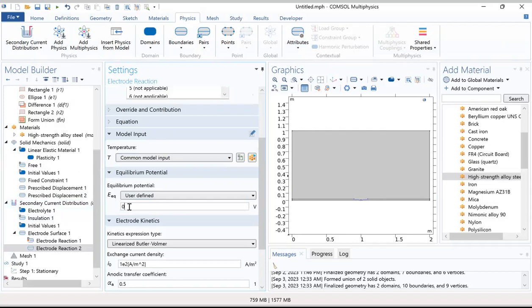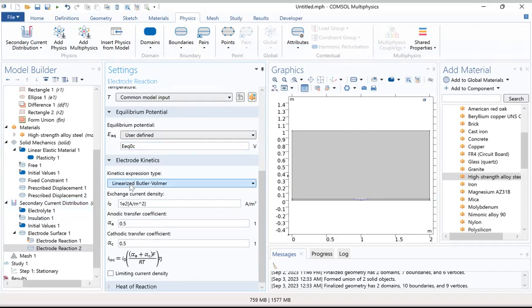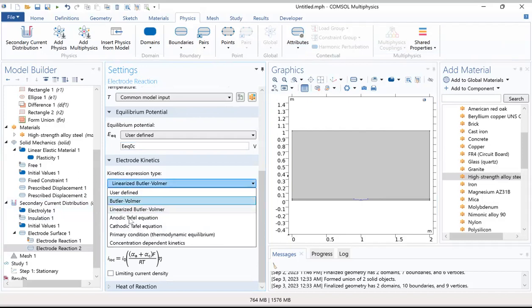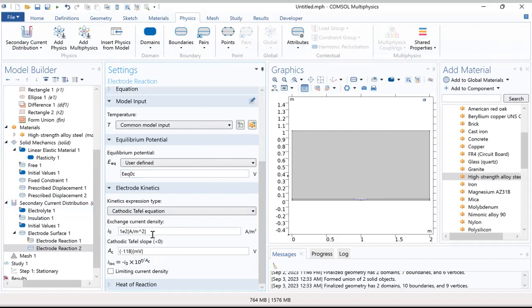Locate the equilibrium potential. And also, as we did for the first one, the EOC. Okay, the kinetics expression, and that will be the cathodic Tafel equation. Have the IC. Cathodic Tafel slope will be BC. So after this, we can finally measure our